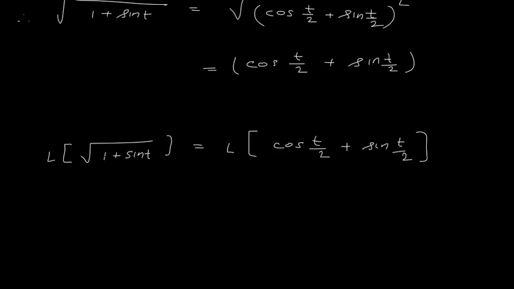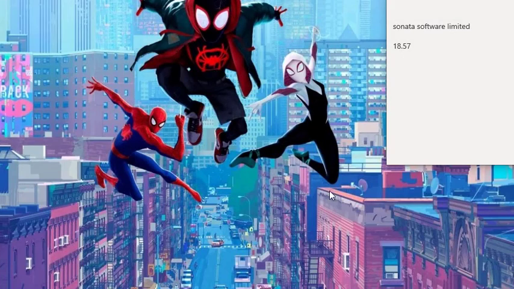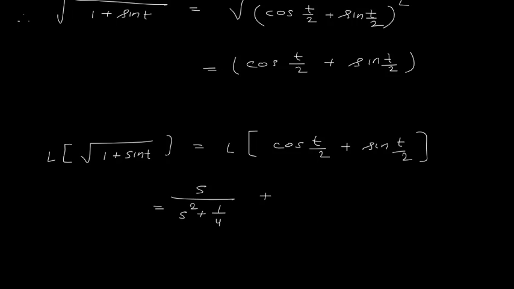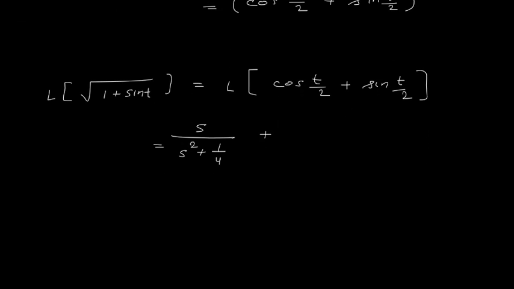This is equal to, now Laplace of cos is what? s upon s square plus a square, that is 1 by 4, plus here it is a upon s square, here it is 1 by 2 upon s square plus 1 by 4. Okay, so we simplify, we will get s upon, here it is 4s square, not 2, it is